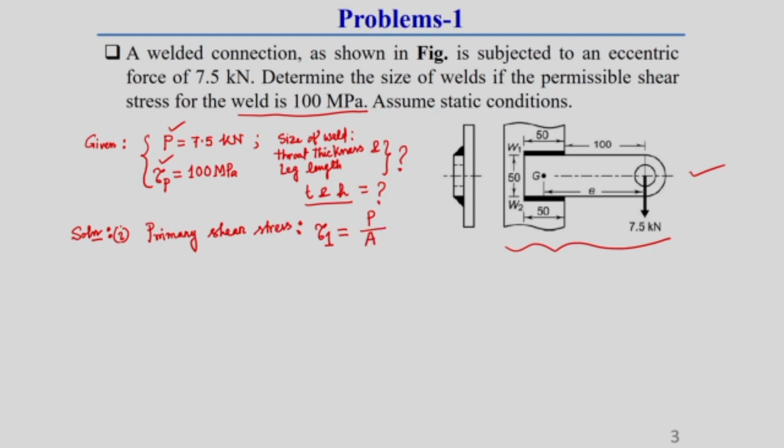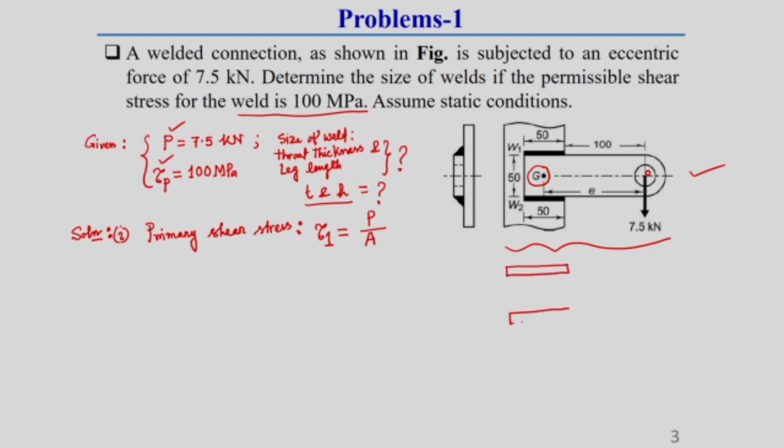Because we know, as I discussed in the last lecture, this eccentric force can be transferred from this external position O to the CG of this weld, G. So, once we shift this load from this external position O to the CG of this weld, in this location generally here you can see,